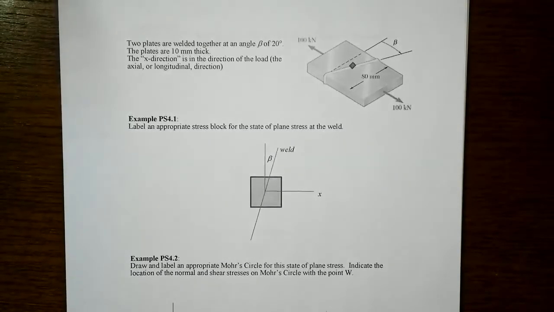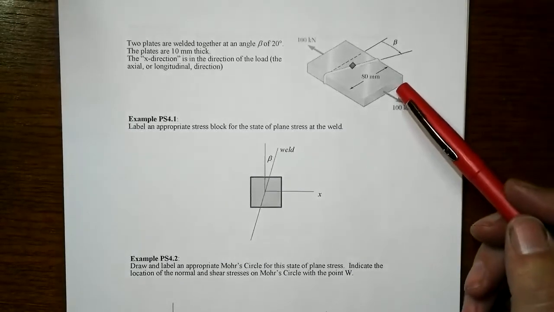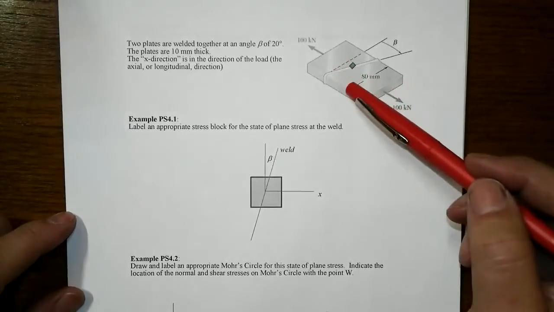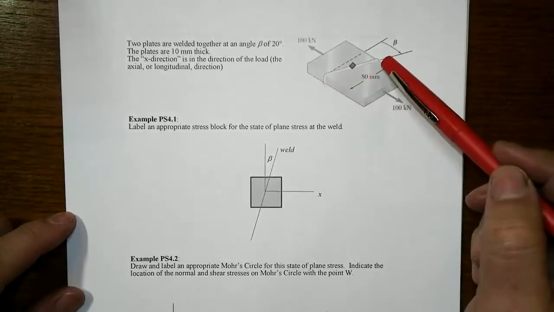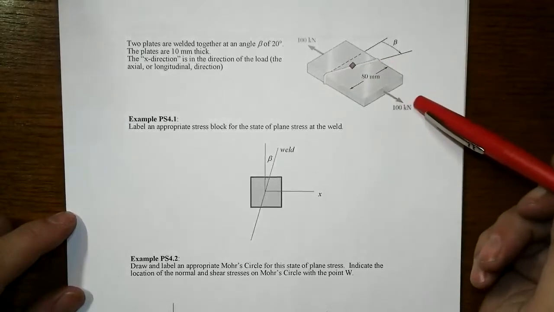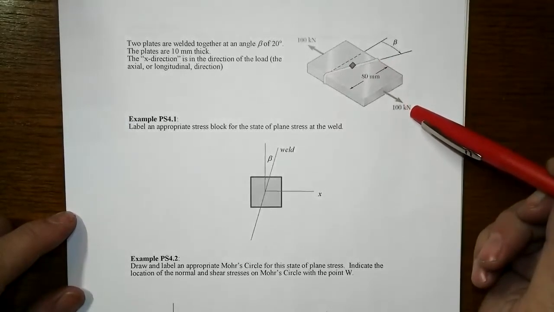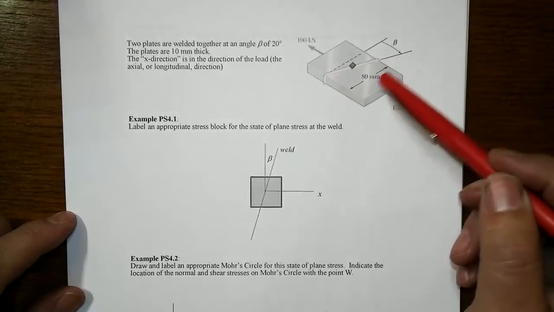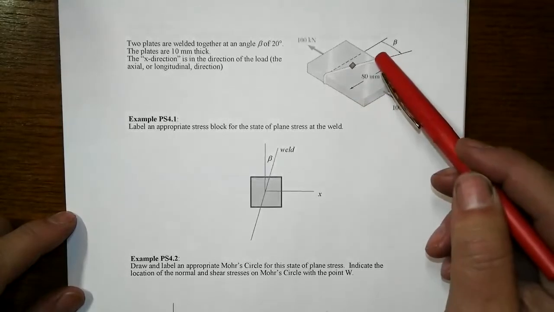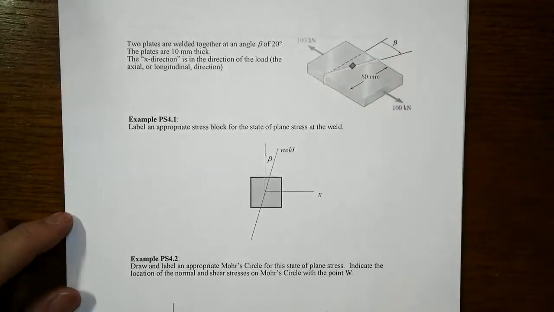In this series of examples, we're going to explore what happens in a weld when we take two plates, butt them up together, weld them across, and then load it up. The axial load on this system is 100 kilonewtons. The plate is 80 millimeters wide, 10 millimeters thick, and the angle of inclination of the weld is 20